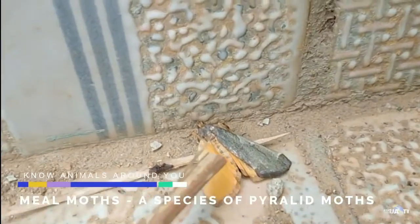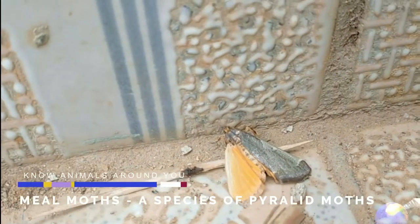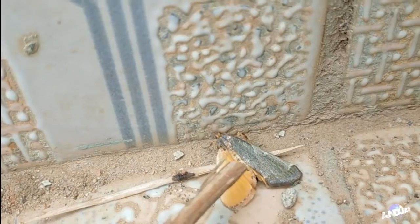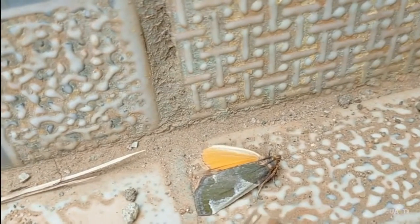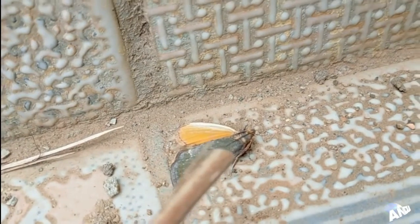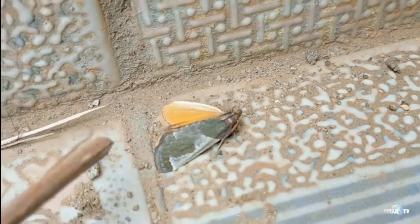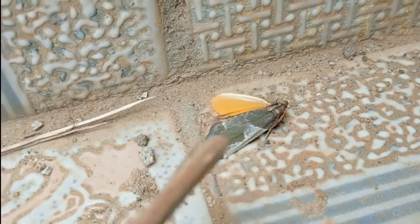Yeah, you can see the head. Actually, it's amazing. Look at it. It has 3 body parts. That's the head, the thorax, and then the abdomen. You can see from here. These are the wings, and these wings are actually colored, as you can see. I don't know if it is for camouflage. I don't know. But such animals that have very colored body parts, mainly, I think they're adapted to